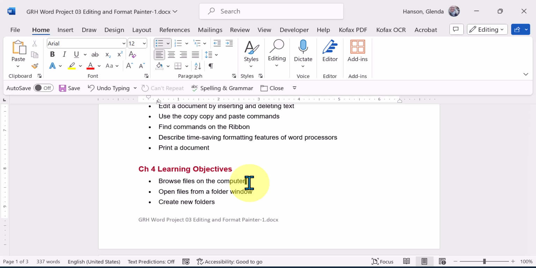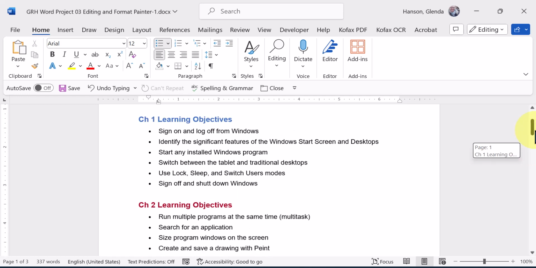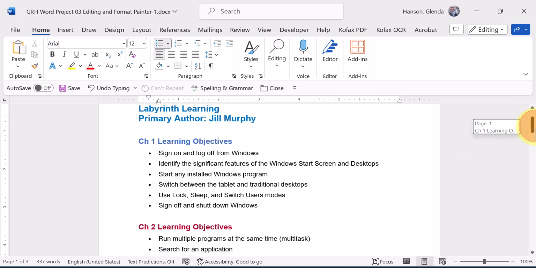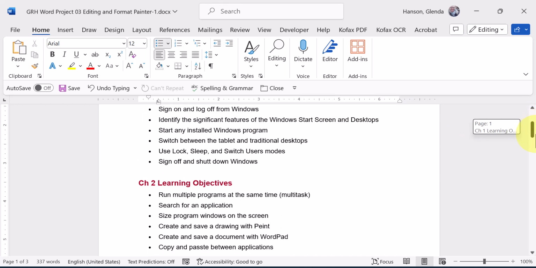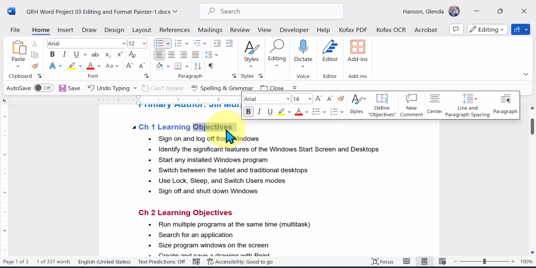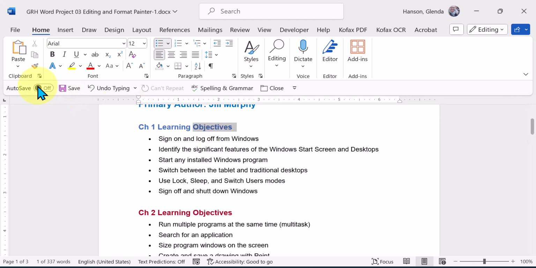And now we're going to use Format Painter to copy a format and make all the chapter headings blue instead of orange. So let's go up here and look. The first one is blue, but the next one is reddish orange. So how do you do it quickly? Use Format Painter. You click in here, and you should have watched the video on how to use the Format Painter. So I click in here, I get the paintbrush, double click, and it should stay on